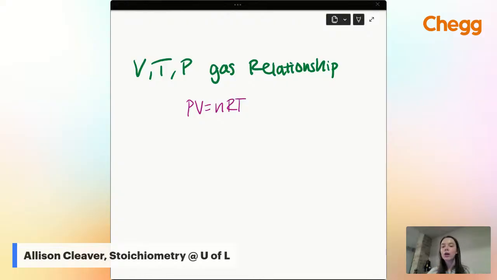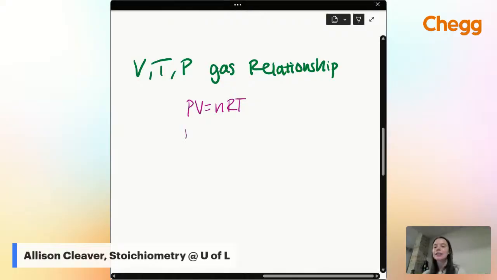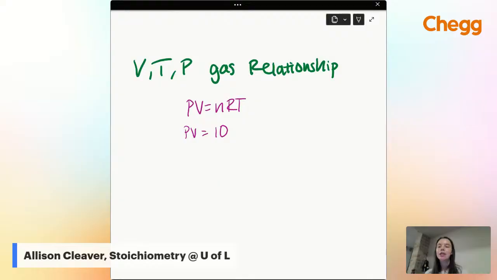But this is kind of a more conceptual question, so we're going to conceptually work through this. What is the relationship between pressure, volume, and temperature? All right. So here's how I like to think of it. I like to set a number as one side of the equation. So I'm going to set my number as 10. And I'm going to first focus on the relationship between pressure and volume to kind of show this. If my pressure is 1, my volume is 10.